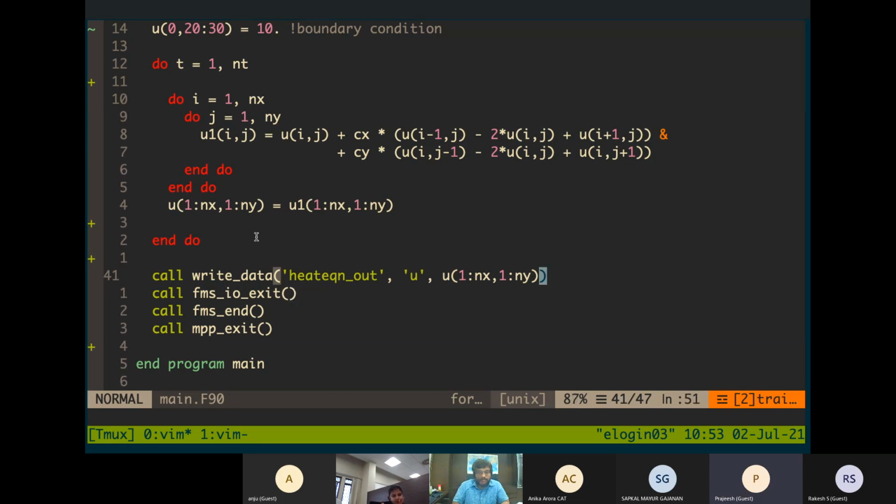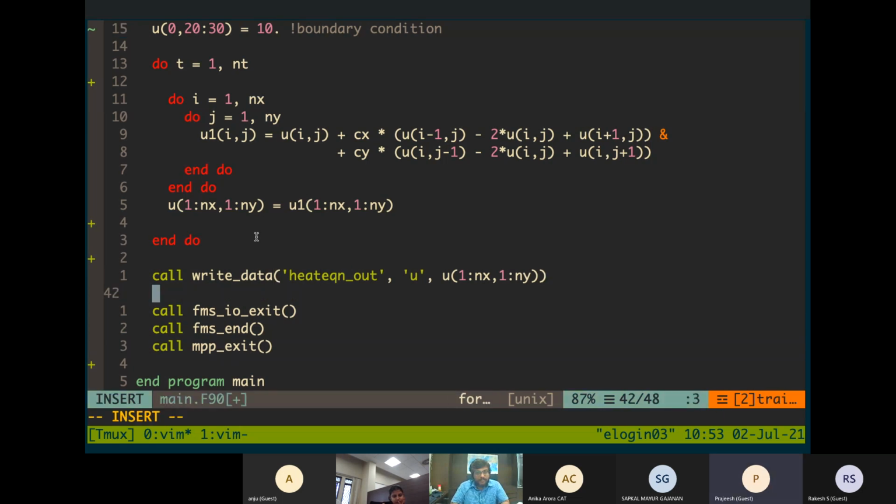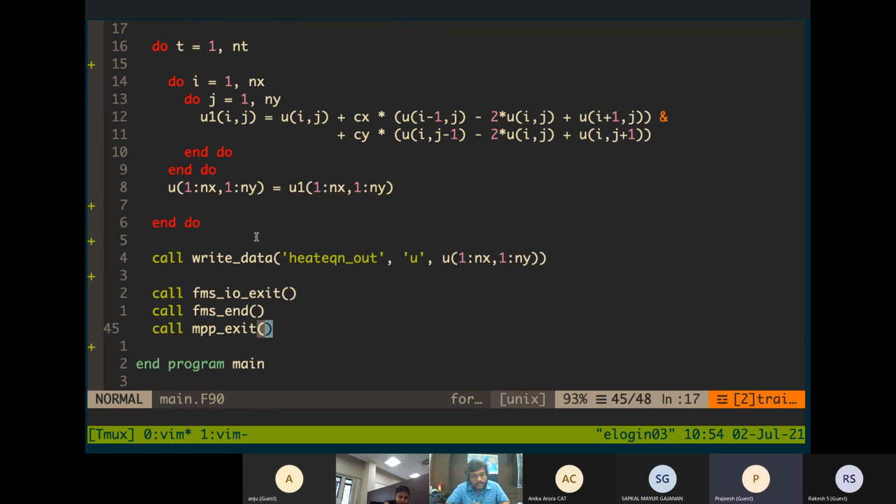Once I do that, so after solving for 100 time steps, I'm writing the data. Once I write the data, I'm ready to end the program. When you're using FMS, you have to end the program in a particular way. You have to call first the FMS IO exit. So this is FMS input output exit, and then FMS end, and then MPP exit.